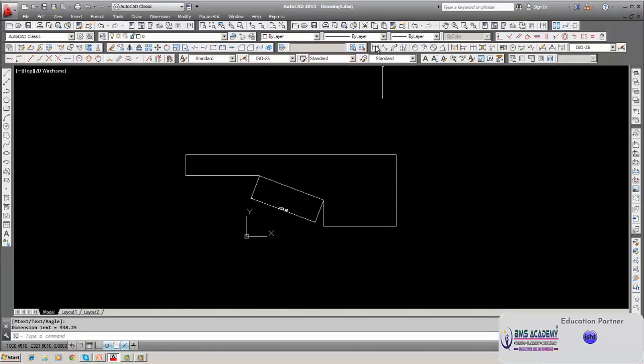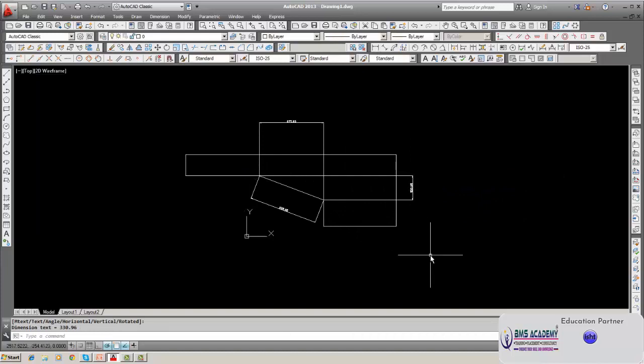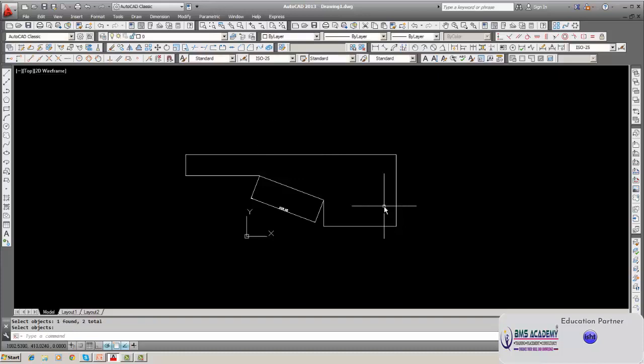Suppose you don't select align, then what happens? Either it shows horizontal and also it shows vertical. Okay, if you click align, the dimension will be aligned with the line. So this is how you can have it. So this is an aligned dimension. And now align, this we will discuss later on, and we will go to this